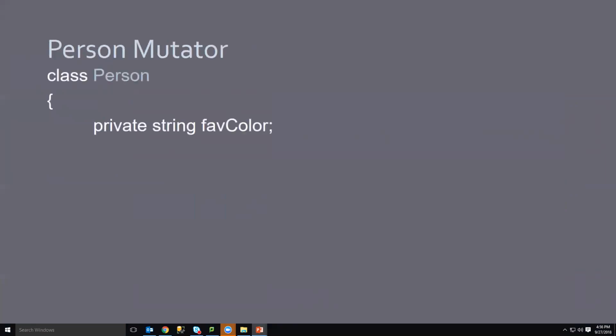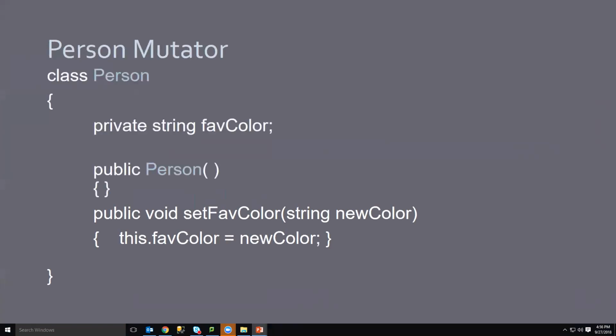Okay, so I've got my person class. I want to be able to accept information about this person's favorite color. Right now our default constructor doesn't expect any parameters, so nobody can pass information into me about this object's favorite color. So I need to create a method. My method is going to set the favorite color to whatever new color is passed to it. We're going to call this method